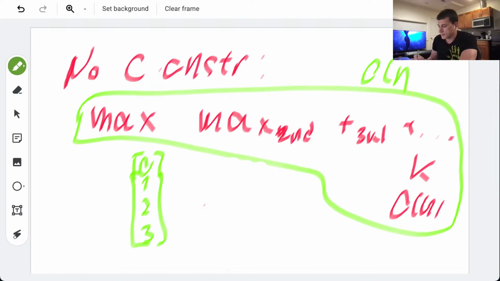So every time we select something, like for a number of projects selected, if we select all of this, it's just the sum of all profits, right? 3 projects selected, 2 projects selected, 1 project selected, 0 projects selected.